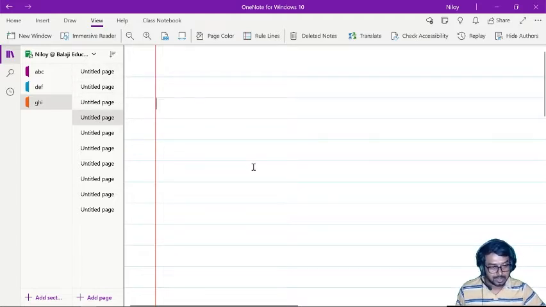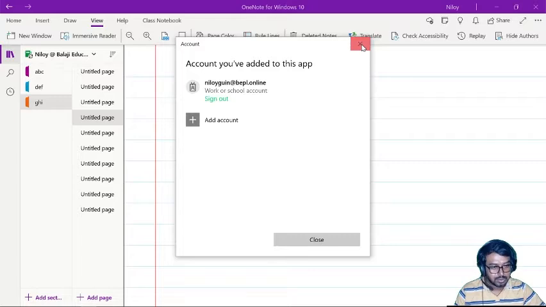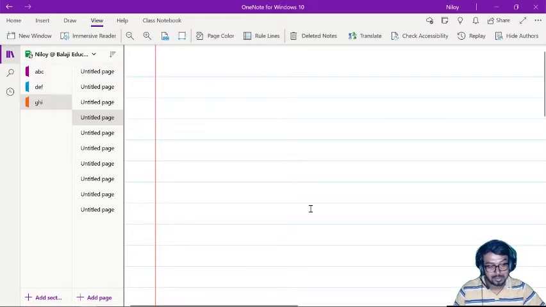When my class is over, I just log out from my window this way, sign out. I'm not signing out because it's my desktop, but if it is my display board, please don't forget to sign out. Otherwise someone else will use your OneNote and you will find out, oh, somebody has written something in my OneNote. So please don't let others do that.